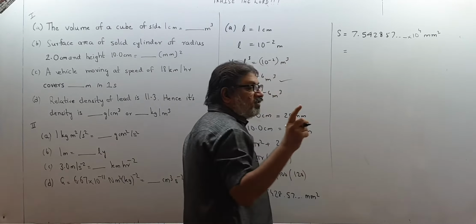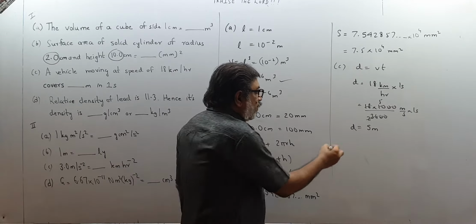So there were no decimals in the given data over here and over here, 1 second and 18 km per hour. Precision was there only for the complete integer part. So we are writing the final answer in complete integer part. Here 2 places, here only 1 place. Final should have minimum place. 5 meter, this is the correct answer. We should not write it as 5.0, no, only 5. Then look at D.